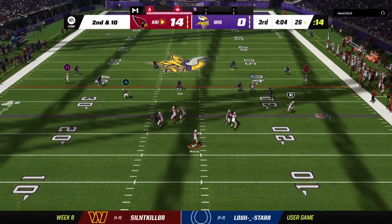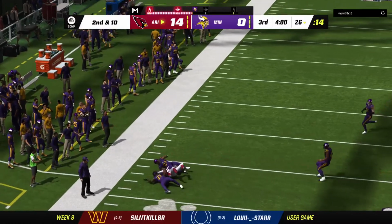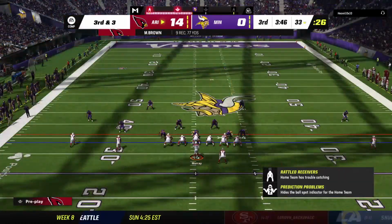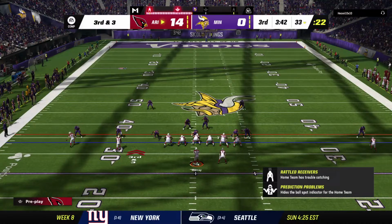Looking to throw again on second down. Murray, he finds his man, complete. It's Brown. They get 7 out of that, so they're left with a 3rd and 3. Coming up here looking for 3 yards to pick up the first. And it's 3rd